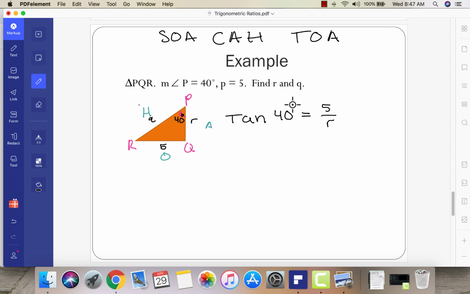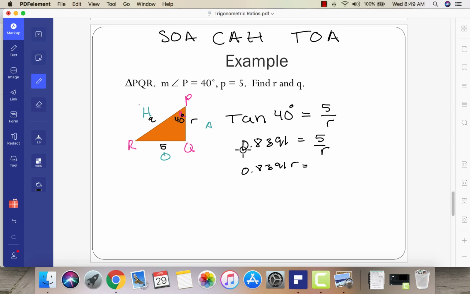So this is now like a ratio. So I'm going to find the tangent of 40. So I'm typing 40 in my calculator and then hit tan. And I'm going to get 0.8391 equals 5 over R. Then we are going to cross multiply, and I'm going to get 0.8391 R